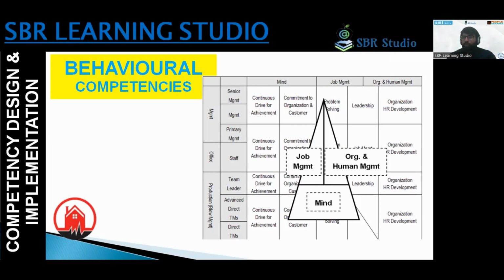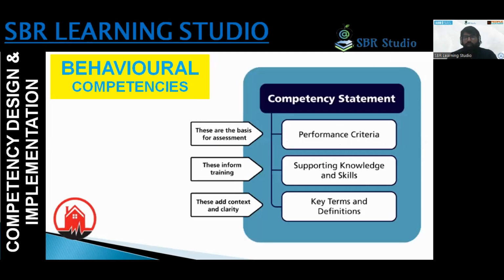Then it comes to job management. They first focus on problem solving everywhere, and secondly, on how they lead the people and the function. The third one is organization and human management. It is about how you are developing the organization, what your role is to provide input or opinion related to your functions, strategies, and policies within the organization. And secondly, it is about the opportunity for learning for individuals themselves and their subordinates or colleagues too. So these are the 5 levels of the competency or behavior approaches you can design.